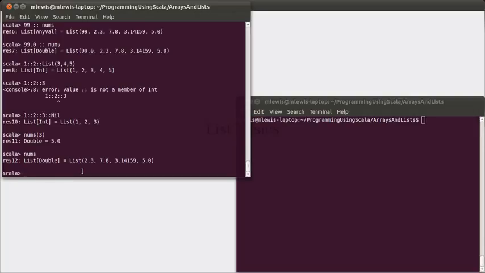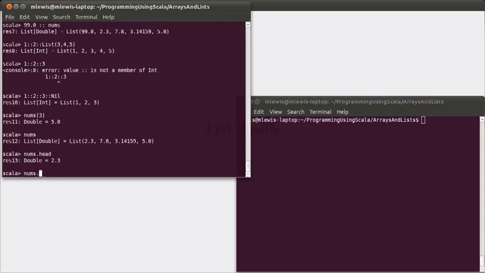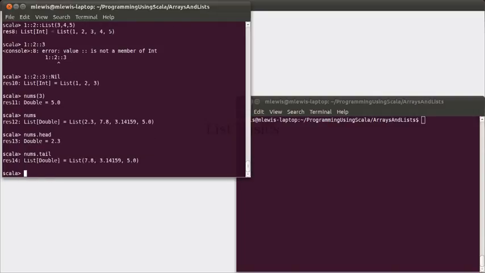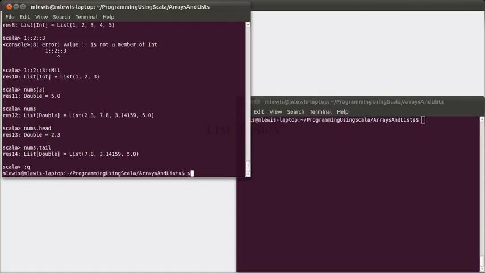Instead of using indexing, the typical way that you pull off elements from lists is to use two different methods. One is called head, and the other is called tail. And as you can hopefully see from this, head gives you the first element of the list, and tail gives you a list that contains everything after the first element. These are efficient operations on a list, and we can use them to write functions that run through lists and do things with them. So to illustrate this, we'll switch over